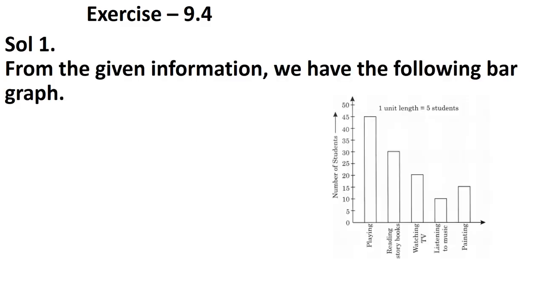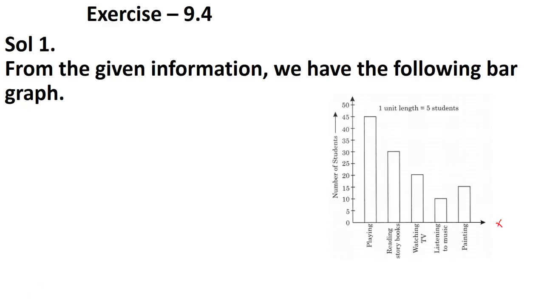Now see exercise 9.4. In exercise 9.4 you have to draw a bar graph. Solution 1. This is the bar graph of the first question. Okay. One thing I want to tell, just see,